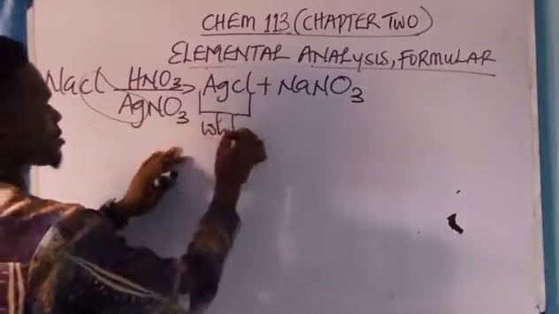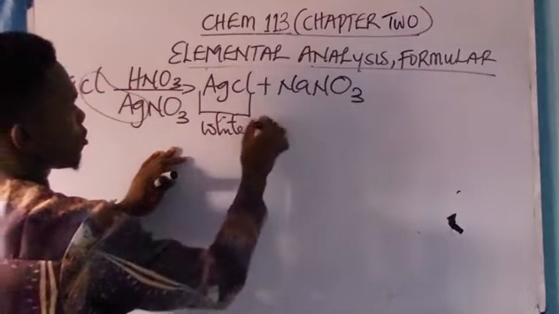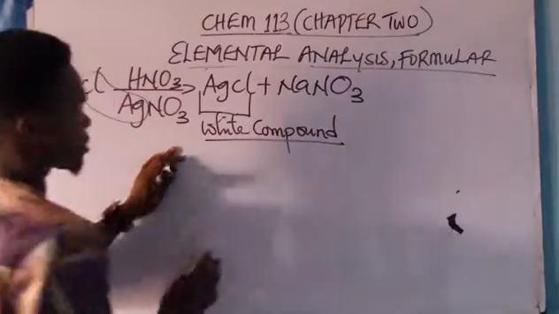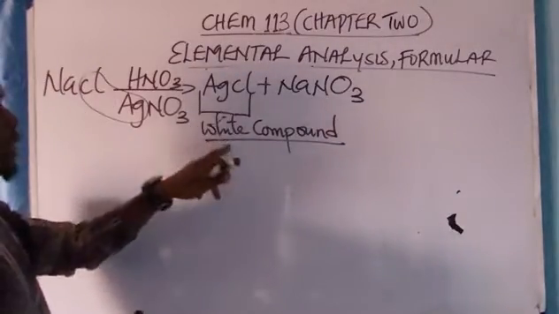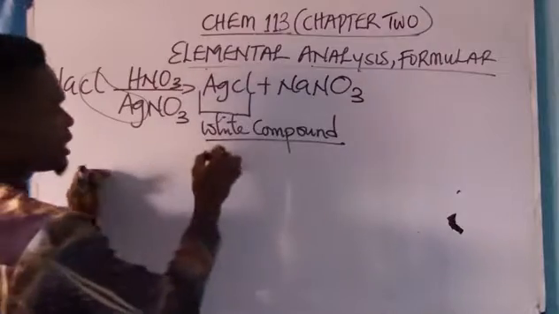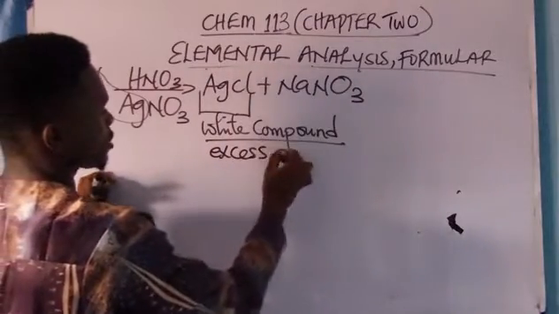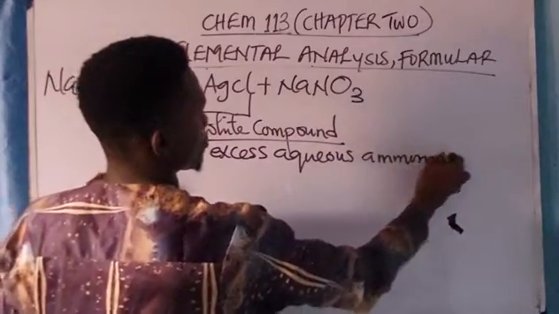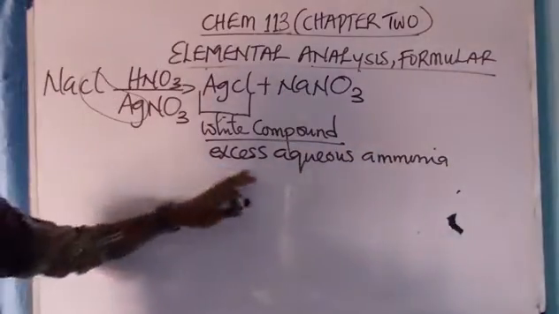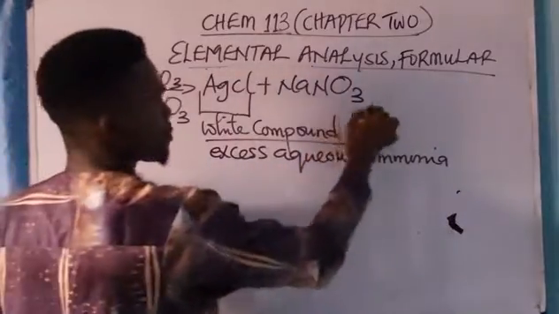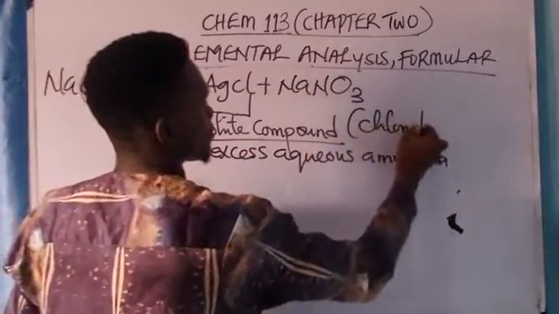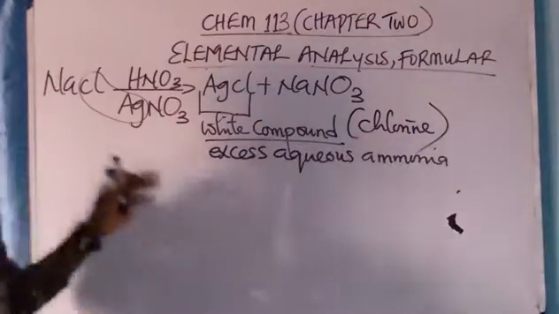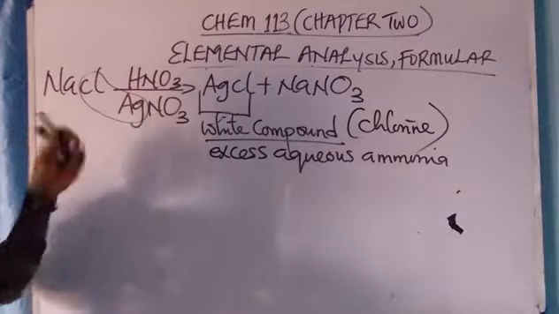Now this silver chloride is a white compound, and it's a salt. And this white compound is soluble in excess aqueous ammonia. And this shows the presence of what? Chlorine. Now, which means that when sodium chloride is added to